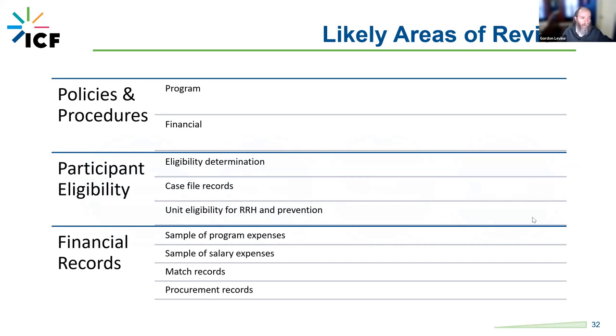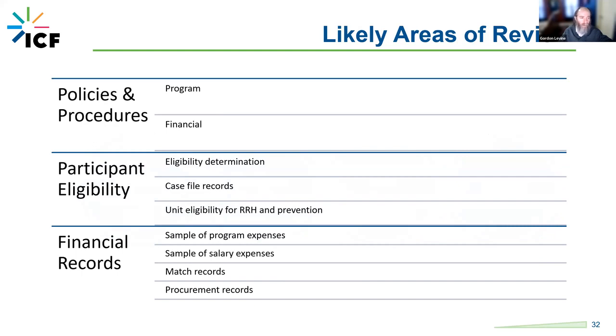So again, likely areas of review. Policies and procedures, can't emphasize this enough. Your written policies and procedures are the core of this experience. They're really going to be looking for program policies and procedures, but also financial policies and procedures. And especially for larger organizations, those are going to be pretty separate. And so this is, as always, a good opportunity to get your financial folks involved early so they understand what's